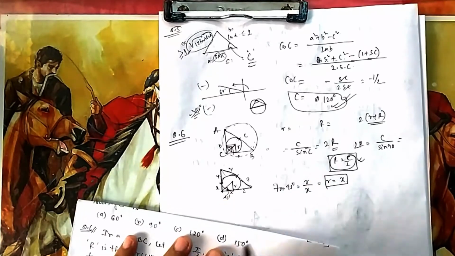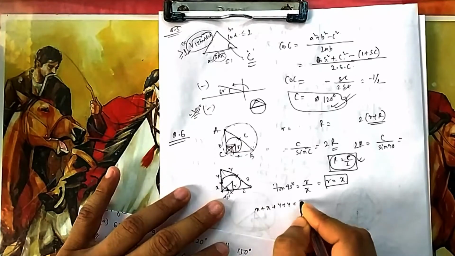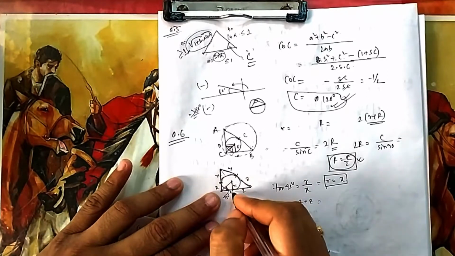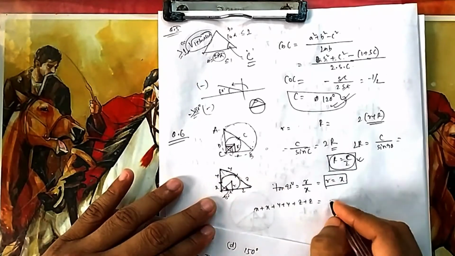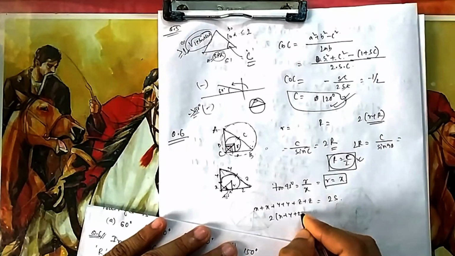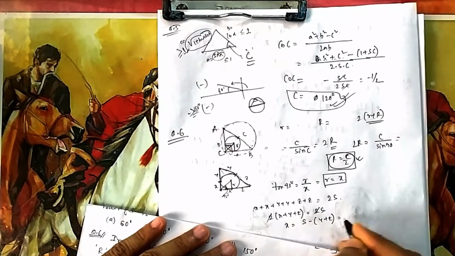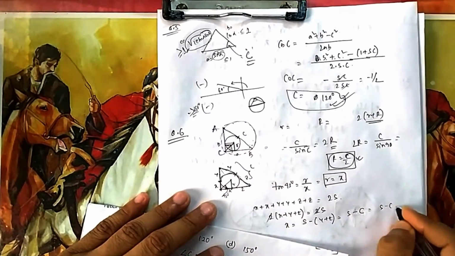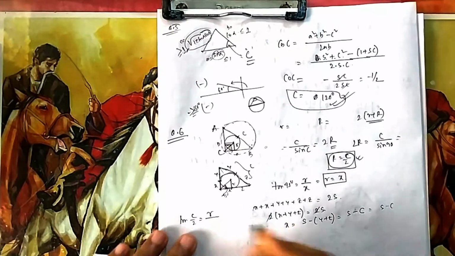Now what is x? If you add all these, x plus y plus z plus z, you are covering the whole triangle, that means it is nothing but the perimeter, that is 2s. So 2 into (x plus y plus z) is 2s. Now x is equal to s minus (y plus z). What is y plus z? This side was c, so it is s minus c. So you can say tan C by 2 was r by x, meaning r by (s minus c).